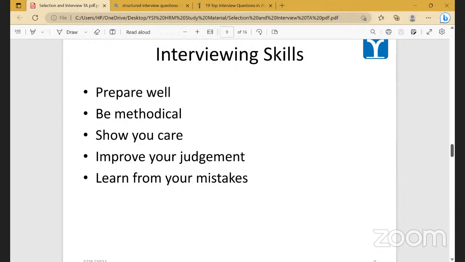Until and unless you are in the last stages of your interview process, when you ask the candidate whether they have any question for the company, then they will ask questions about the company and you will have to speak. So keep it very methodical and try to bring humor into the interview. Because otherwise, anybody who is coming for the first time to meet you, however experienced, feels nervous. Culturally they don't know what the organization is like, they don't know what kind of person you are, very serious or not so serious.